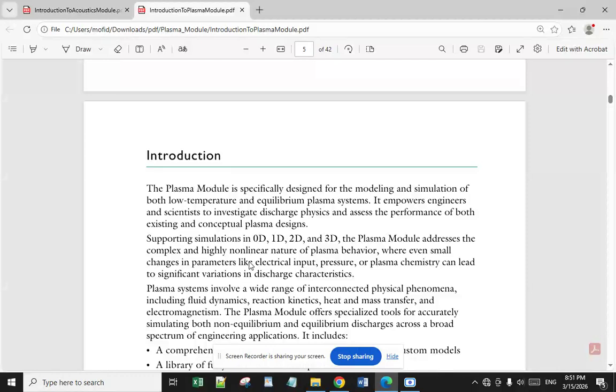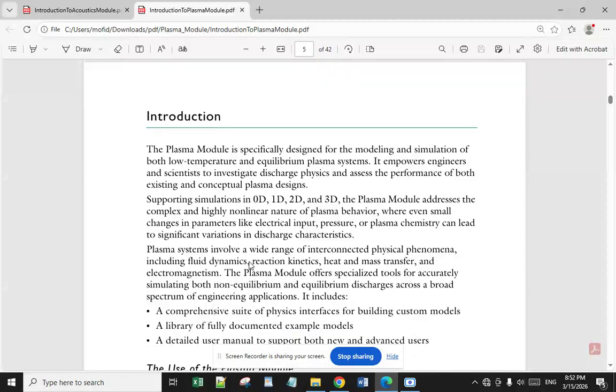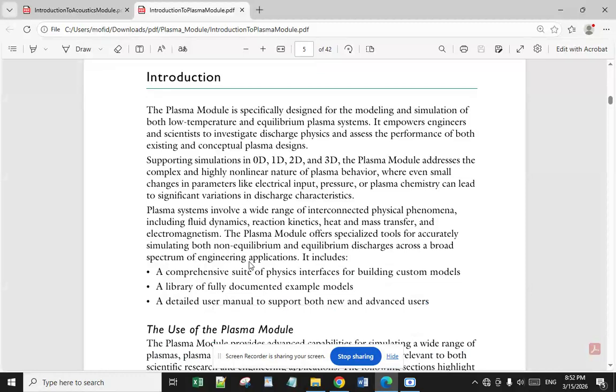The plasma module addresses the complex and highly nonlinear nature of plasma behavior, where even a small change in parameters like electrical input, pressure, or plasma chemistry can lead to significant variations in discharge characteristics. Plasma systems involve a wide range of interconnected physical phenomena, including fluid dynamics, reaction kinetics, heat and mass transfer, and electromagnetism. The plasma module offers specialized tools for accurately simulating both non-equilibrium and equilibrium discharges across a broad spectrum of